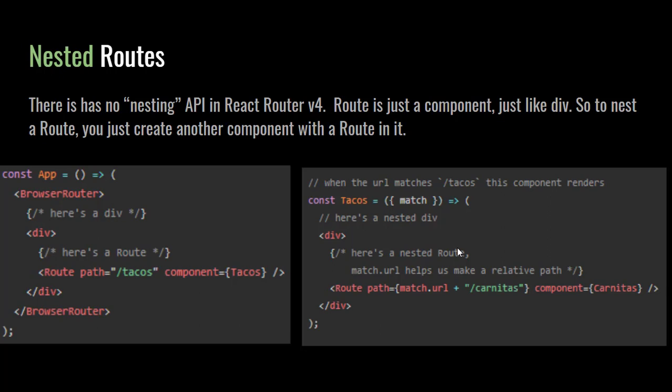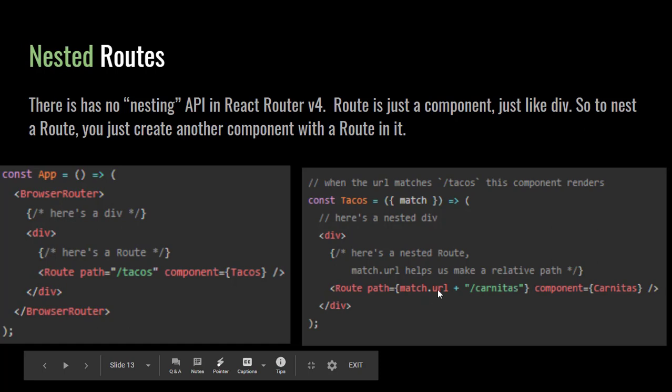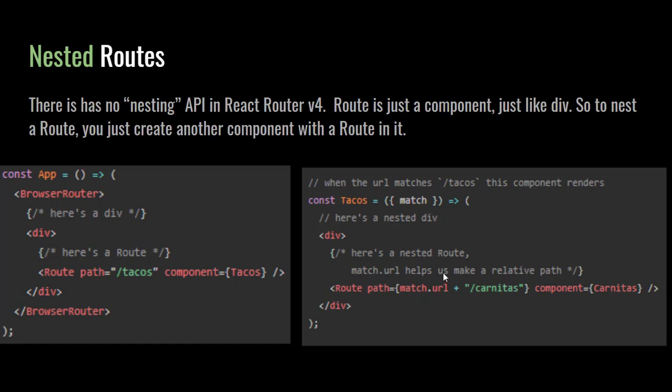Match URL helps make a relative path. So now we can use that URL. We can use /tacos, and we can ask /carnitas, and we can show the component carnitas, right? So we're actually adding another nested route in that way. The thing to take away is that through this match parameter that we're getting through destructuring, some kind of injection, we have match.url that we can then use to build another